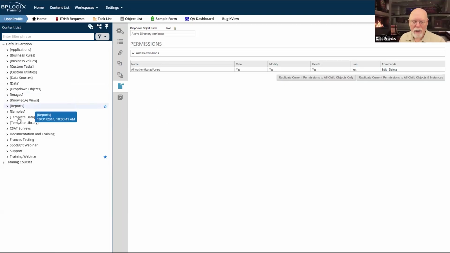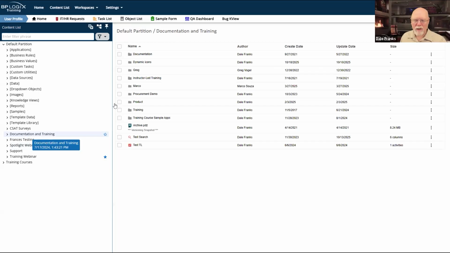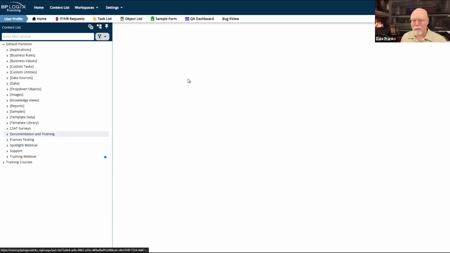But you do need to put these permissions on early, and you need to enforce them, ideally as soon as you get the system set up. In general, we're going to want to apply permissions at the folder level.